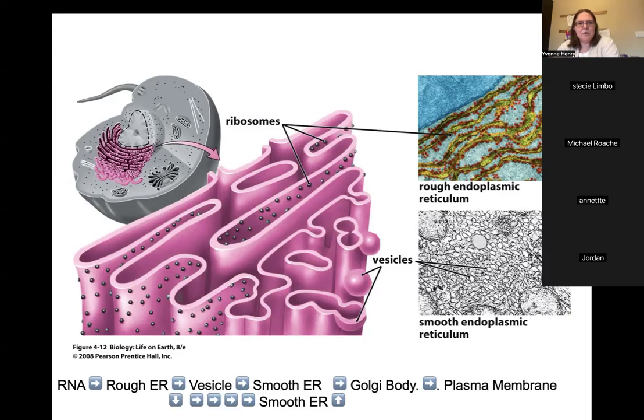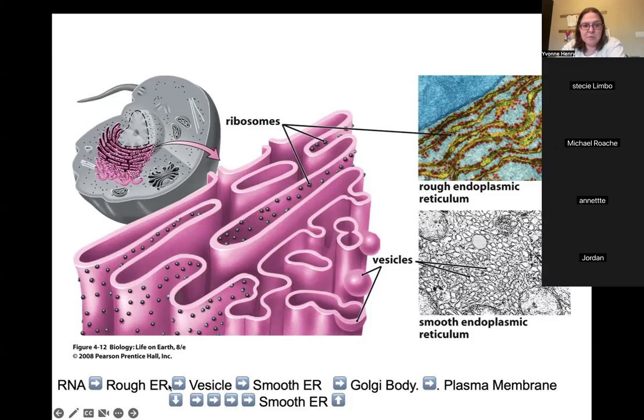So later in the course, we're going to have a much more in-depth look at the process of making proteins, and we'll get a little bit more detail. But generally, there's kind of two paths that the protein can go on. So first, you get RNA starting in the nucleus. That RNA comes out and it goes to the rough endoplasmic reticulum, where the ribosomes will add the amino acids to make the protein. It can go into a vesicle from the rough endoplasmic reticulum to the smooth endoplasmic reticulum,